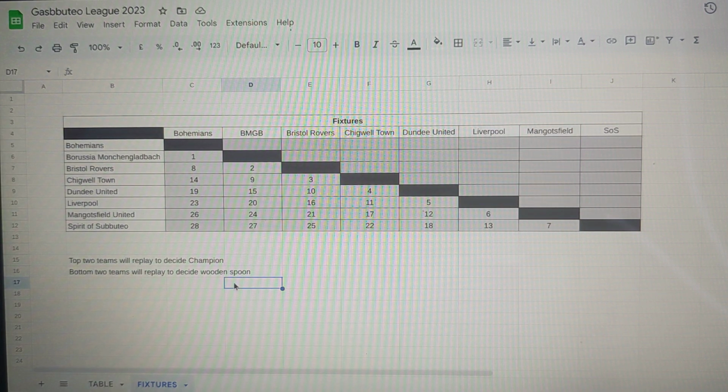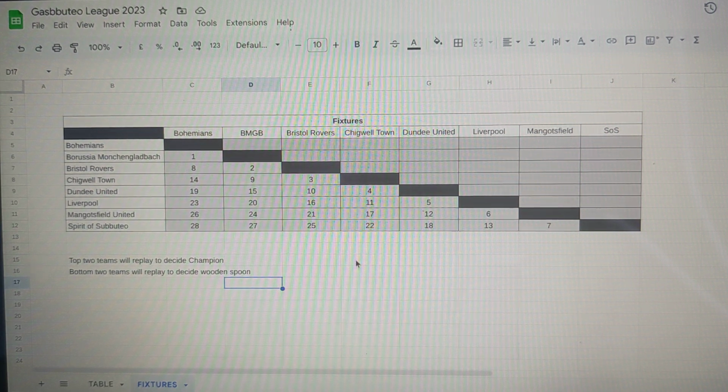I know these are just plastic figures on a YouTube channel that's about Subbuteo, but it's nice to think that the winning team is going to get something better than the others. So I came up with, I think, a fairly reasonable solution for that, and that is whoever wins this tournament